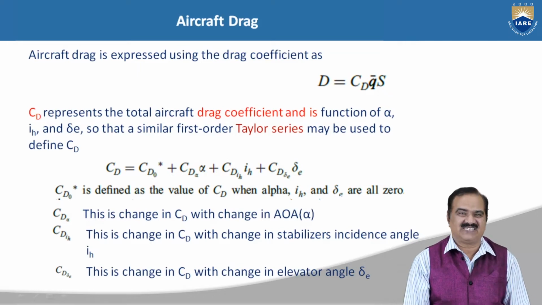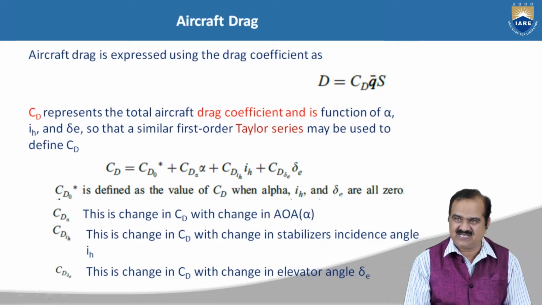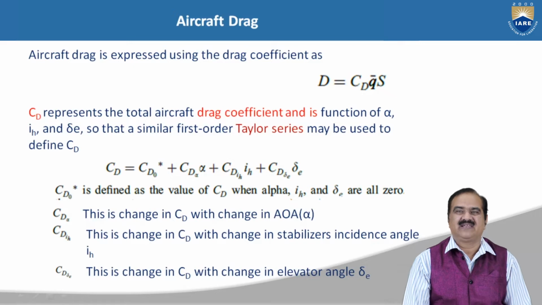Aircraft drag is expressed using the drag coefficient, called CD, as drag is equal to CD Q bar S, where CD represents the total aircraft drag coefficient and is a function of angle of attack alpha, and IH is the incidence angle of the horizontal tail,